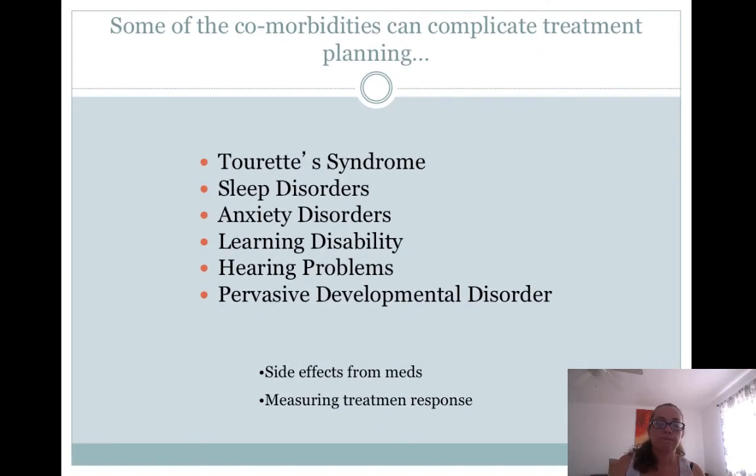Other things, Tourette's syndrome, which is like the tic disorder, sleep disorders, because again, remember, fatigue can cause inability to focus. It can also cause hyperactivity. So think about when you are so tired, like maybe when you're driving and you can't keep yourself awake. You bounce around, like, okay, keep myself awake, and you become hyperactive in order to counterbalance that fatigue. So a child may actually be hyperactive because they're so tired.